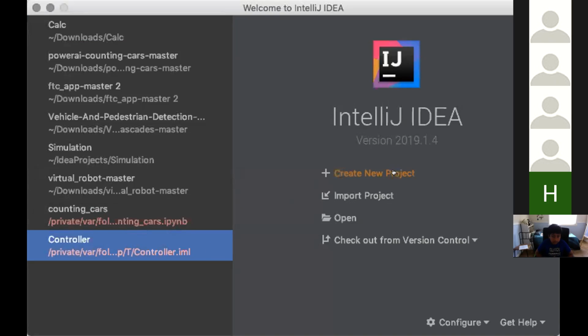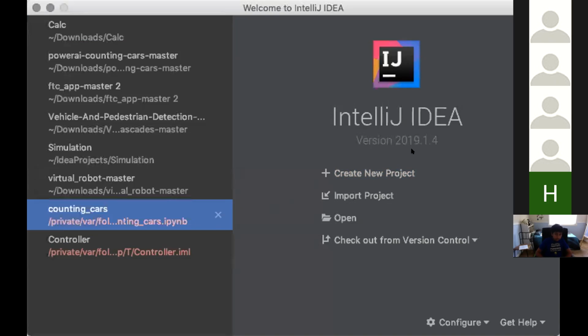So everybody just create a new project. All of this stuff, you don't really need to care about. Just make sure that this says Java, and we're going to be on SDK 1.8. SDK is just a software development kit, and it has a bunch of APIs and stuff that we use. So we're just going to use 1.8. You don't have to worry about this too much until you get into very large and serious programming.